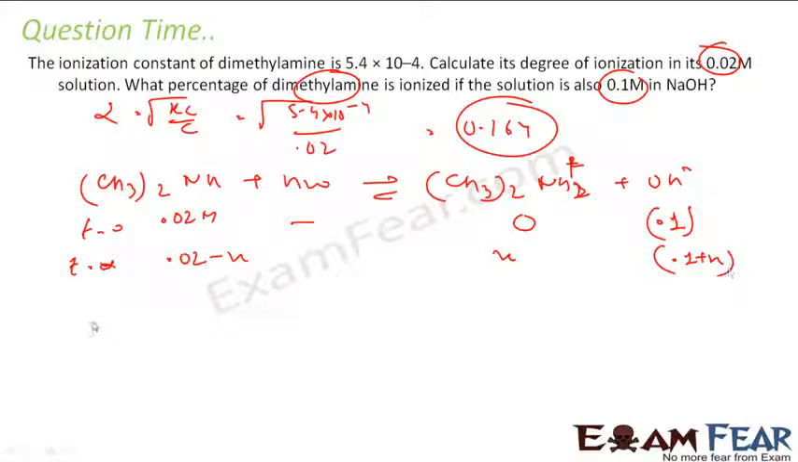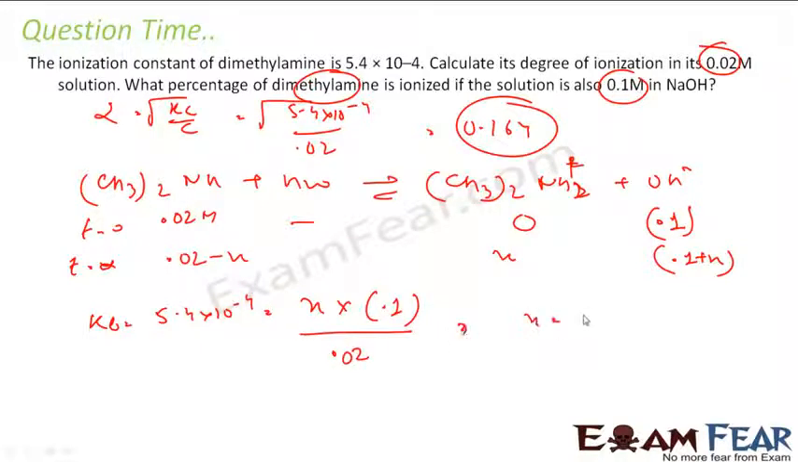Correct. So my Kb is what? Same thing. This guy, 5.4 × 10^-4. This is equal to what? Concentration of this is x, concentration of this OH⁻ is 0.1 plus x, almost equal to 0.1, and this 0.02 minus x, almost equal to 0.02. So you solve this, you get x is equal to,